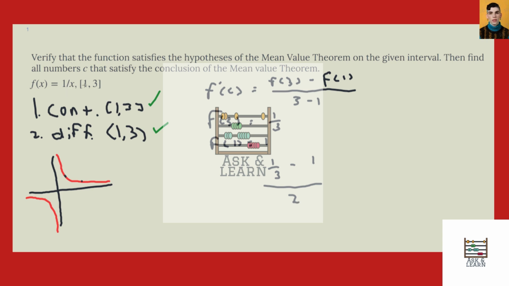And the derivative of 1 over x can be rewritten. Remember that this function 1 over x can be rewritten as x to the negative 1. And you can take the derivative by bringing this down and then subtracting 1 from the exponent, which will then give us, and we're going to write this in terms of c, negative 1 over c squared. And now we're simply going to subtract 1, so we get negative 1 over c squared equal to negative 2/3